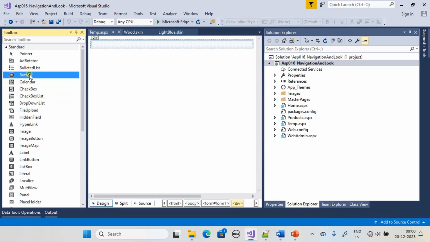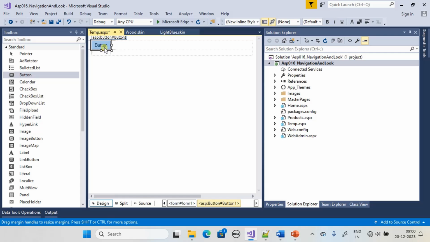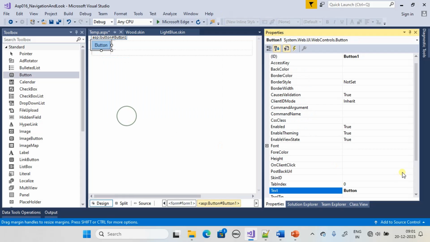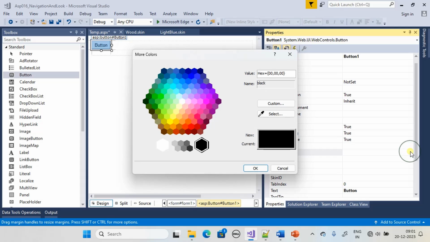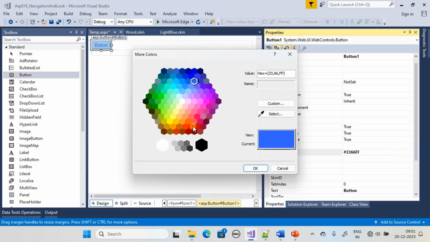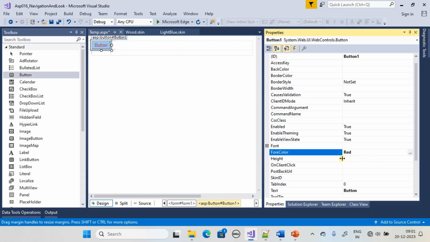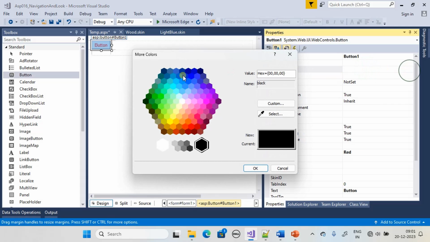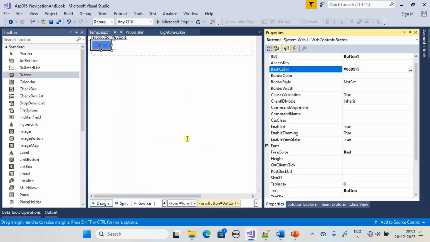We will drag and drop a button, then set its properties. Say for example, for color, let's assume that we are doing this for blue skin. So that's the fore color, and back color, let's keep it as somewhat blue. Right,